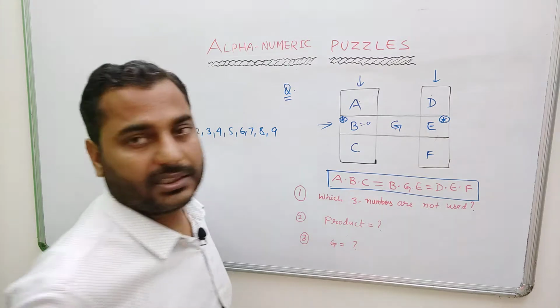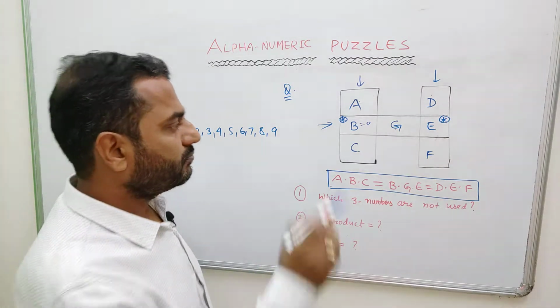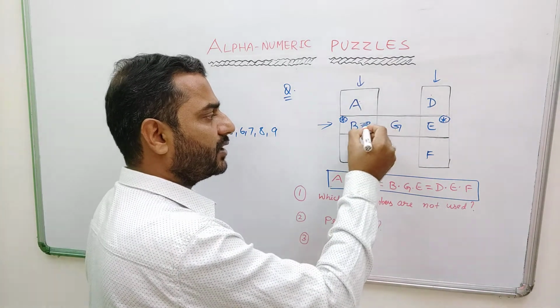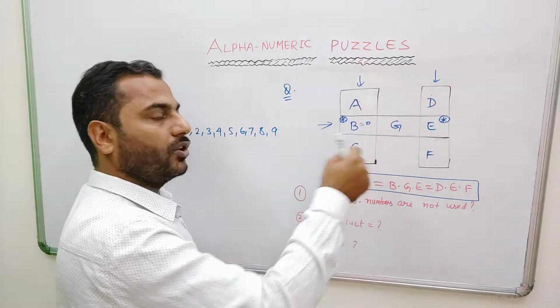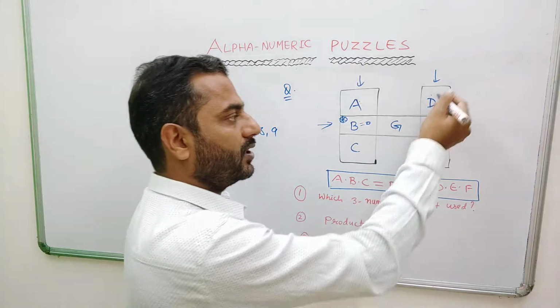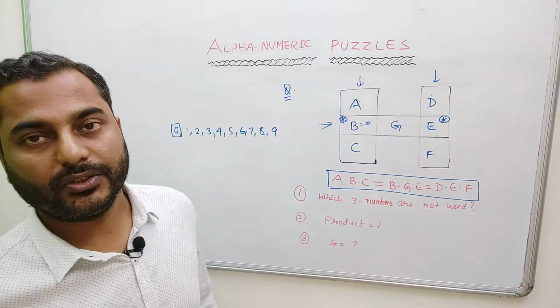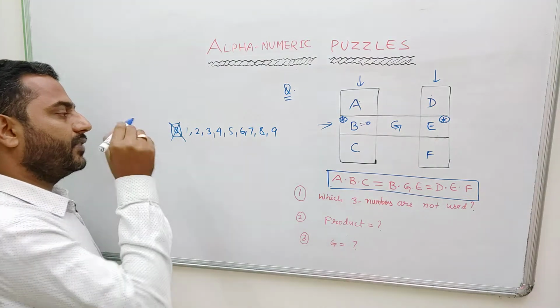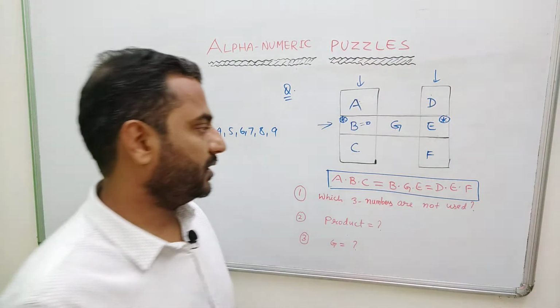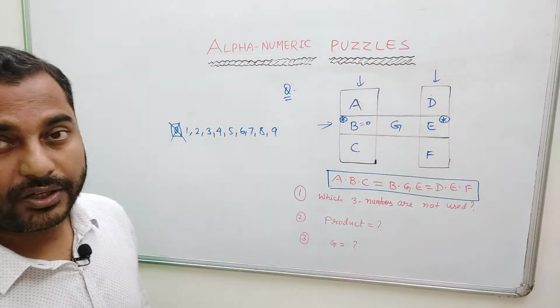So these 2 places are really different ones. Considering that logic, if I put a 0 here, that will ensure that the product of this row and the product of this column becomes 0. What about this? Can we have another 0? The answer is no. So using that logic, we can straightaway eliminate 0 as one of the possible values that we have to use.